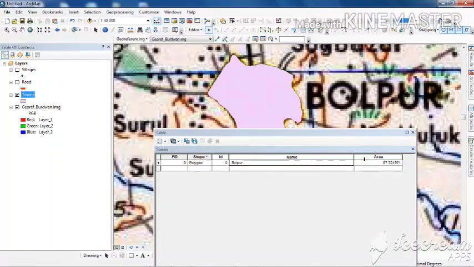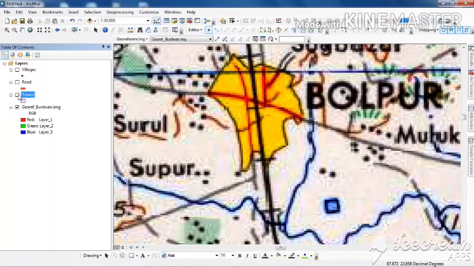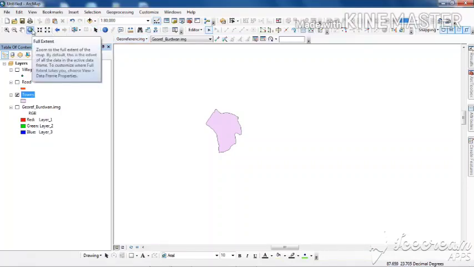This is just an example I am giving, but one thing I would like to tell you: this particular value will not be accurate because I am doing it in decimal degrees. For the proper value, you will have to convert your data to the WGS UTM projection. So in this class we have basically learned what I have shown you.